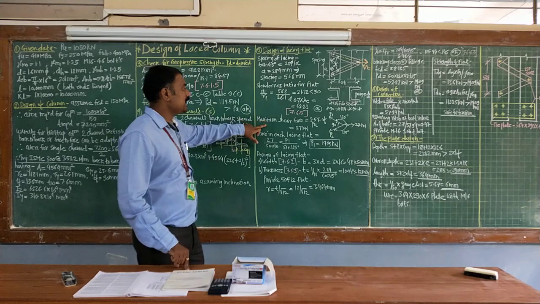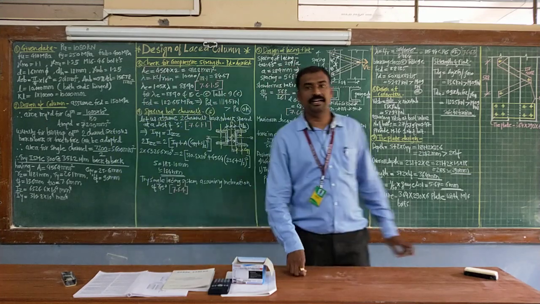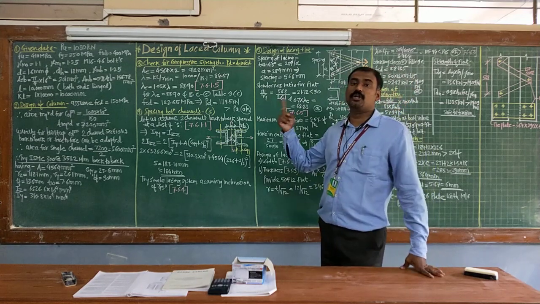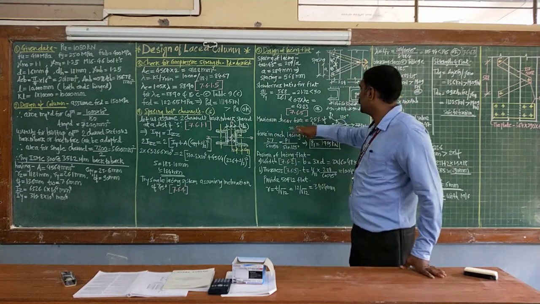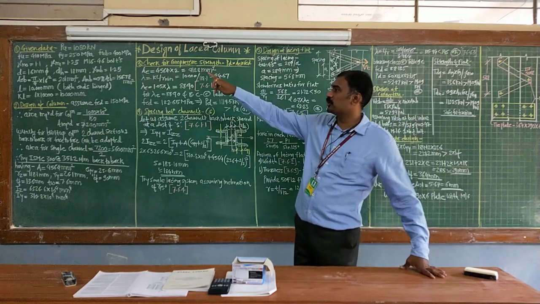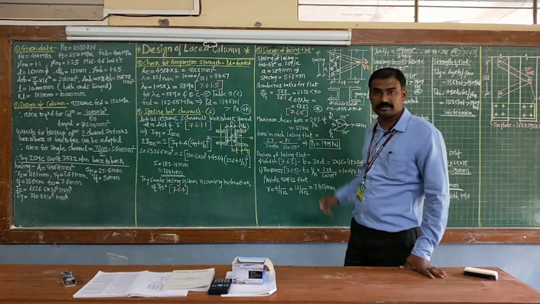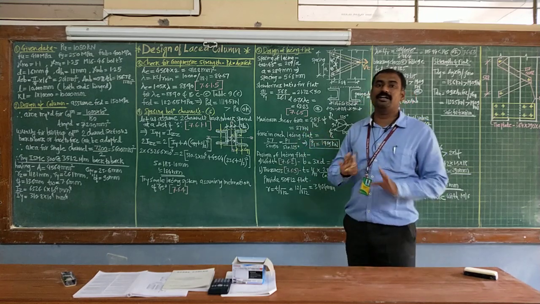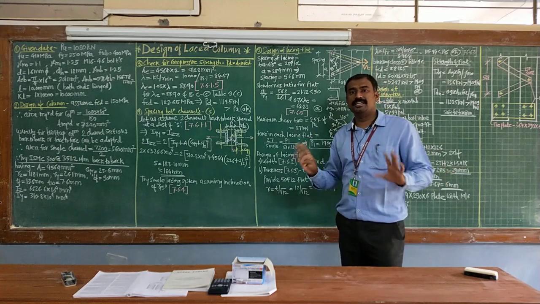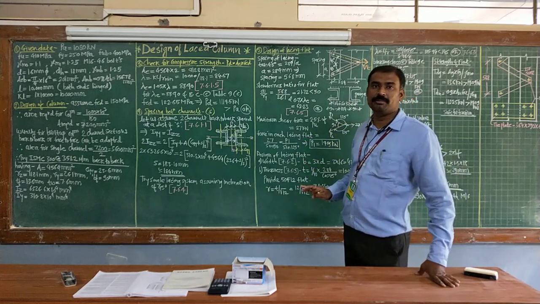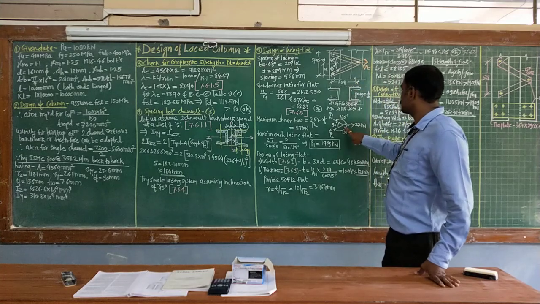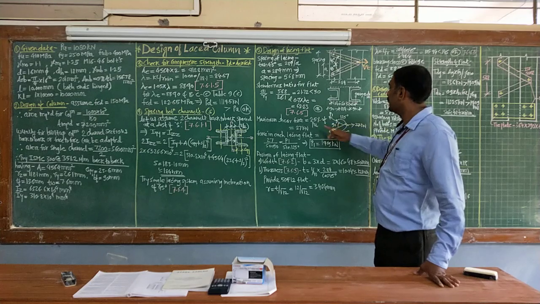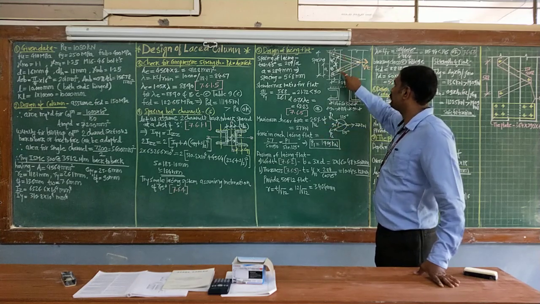Now the next step is the maximum shear force acting on your lacing flat. Always, the maximum shear force acting on the lacing flat is 2.5% of the total load acting on your compression member. So here 2.5% of total load 1080 will be equal to 27 kilonewton. This is divided equally into the number of planes, that is divided by 2, so near about 13.5 or 14 kilonewton will be there. So likewise will be the geometry. This is the total force acting as shear force, 2.5% of your total load, which will be taken by these two lacing flats.